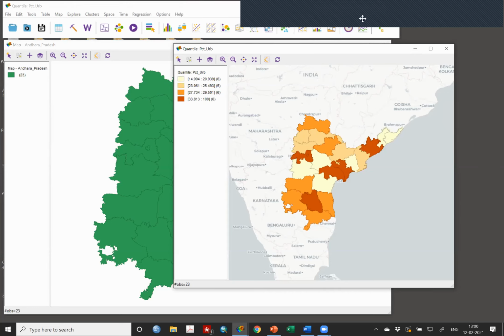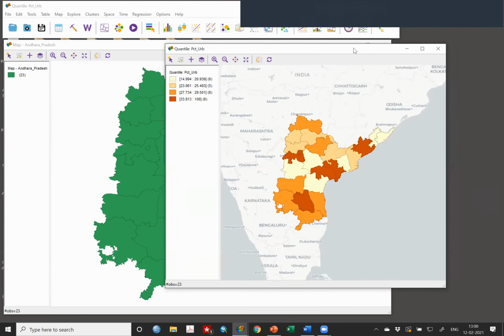I got Madhya Pradesh as my assigned state, and in my table there is Jhalawar from Rajasthan. When I create the quantile map, that is showing as undefined Madhya Pradesh, but Jhalawar is also coming in that.